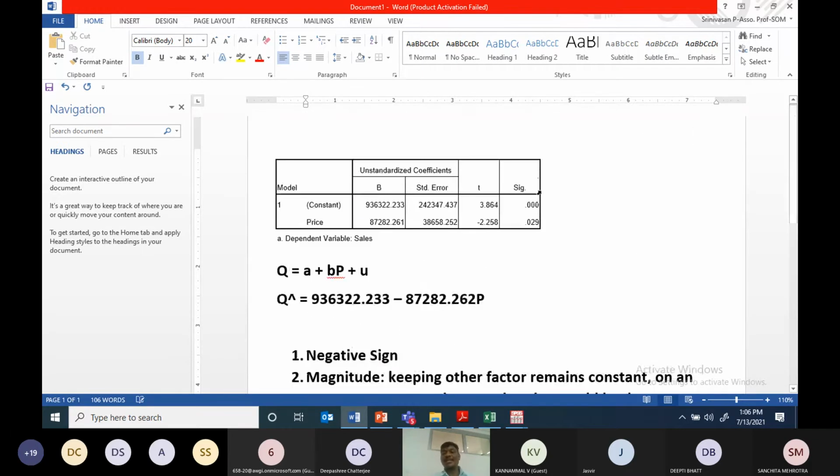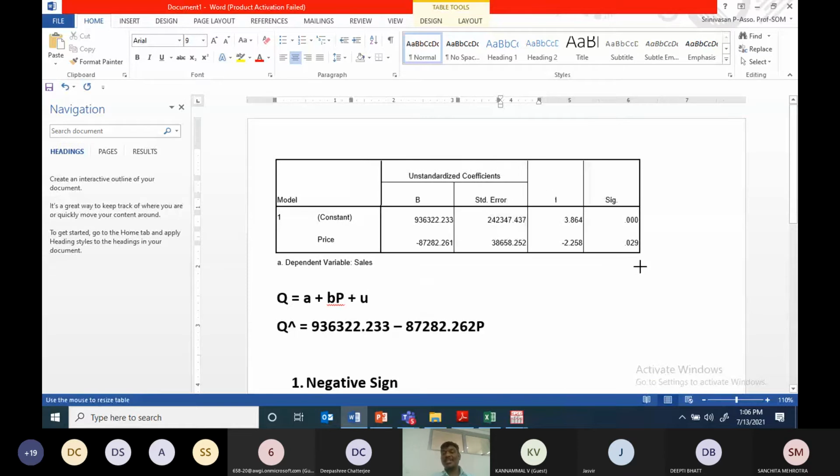Just look at your output and tell me. Dear participants, you can see here the t value. Can you see the t value? Yes, sir. I don't want to go with the t value. Now come to this, which is very important: 0.00 and 0.00. Now you tell me. Yes, highly significant. So I will go with price. The price is very important for me.